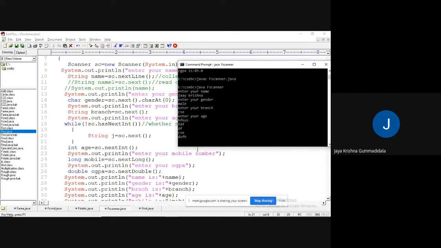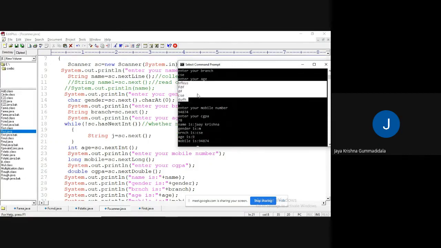It will iterate until it encounters a numerical value. Yes, enter your age, now 9 is taken for that. Enter mobile number, some number. Enter your CGPA, 78. Yes, got it right: name, gender, branch, age, mobile, CGPA. It didn't consider all the strings which you entered in between.